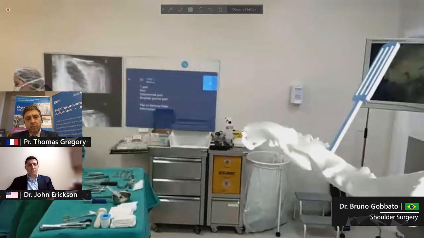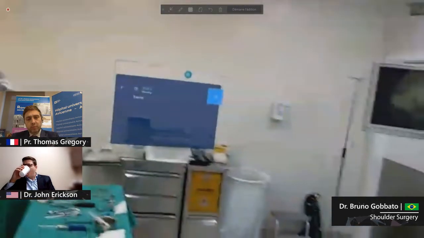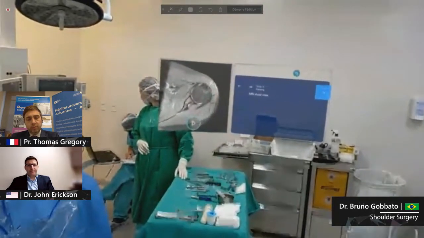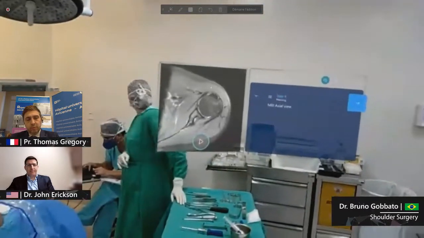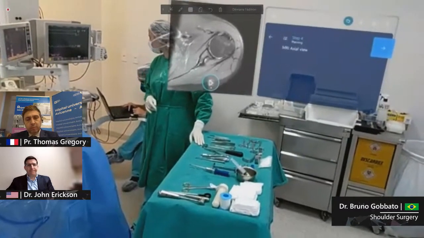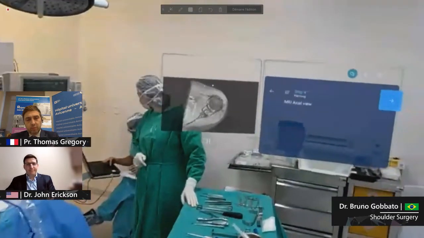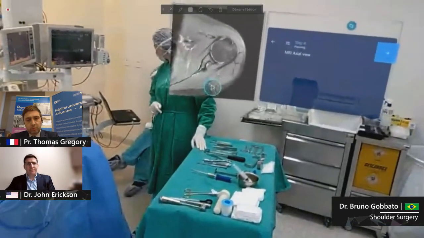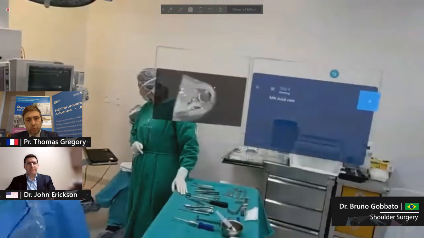Of course, we are not here today to show how to remove a plate. This is a surgery. The technology is not for that, but this is an introduction for you. So I'm going to show you the MRI of this patient. In the axial view, as you can see here, we have some liquid on the bicipital groove, probably something in the subscapularis, I'm not sure. I'm going to see